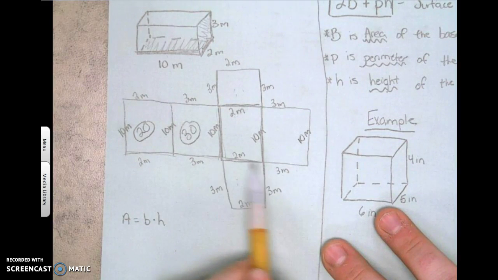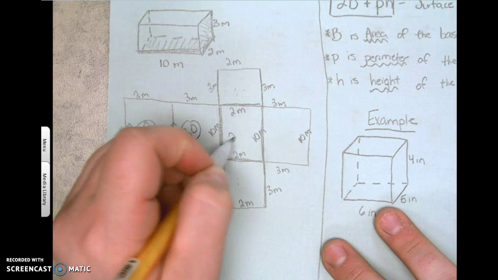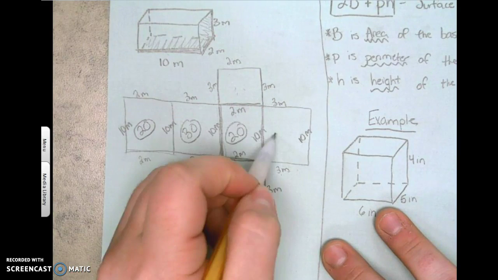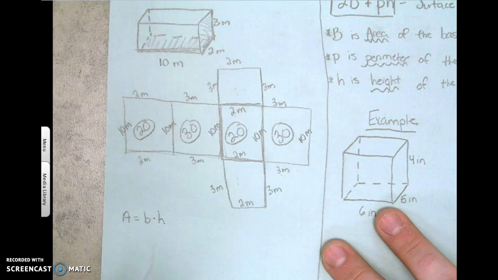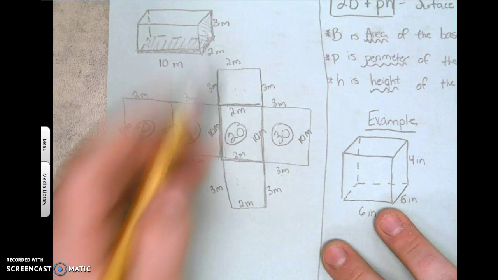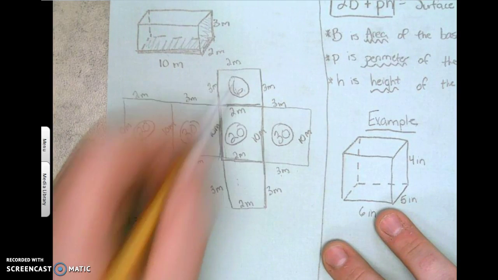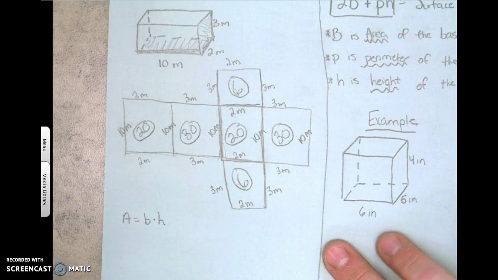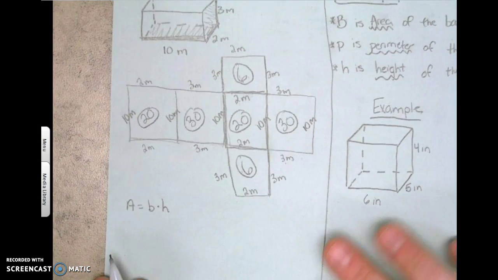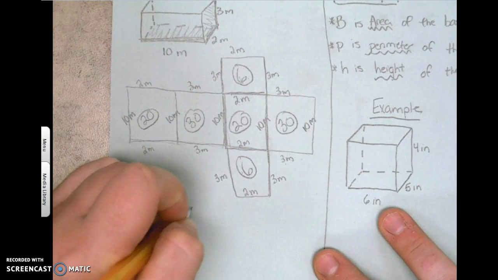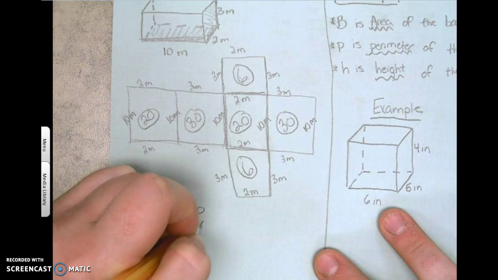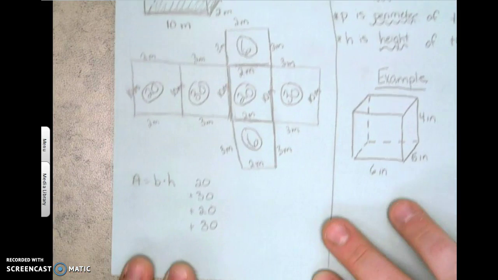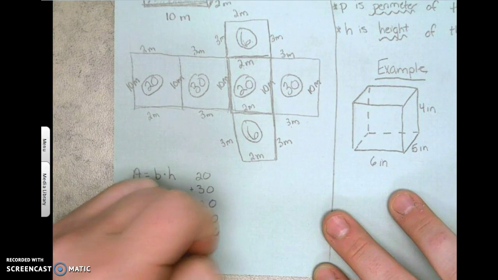I've got 2 times 10 is 20. 3 times 10 is 30. And then we've got 2 times 3, which is 6. And then 2 times 3, which is 6. To find my surface area, I'm going to add all those together. So we've got 20 plus 30 plus 20 plus 30 plus 6 plus 6,